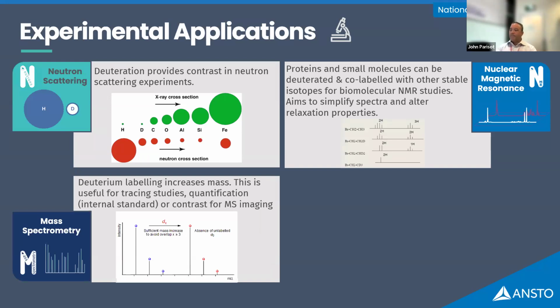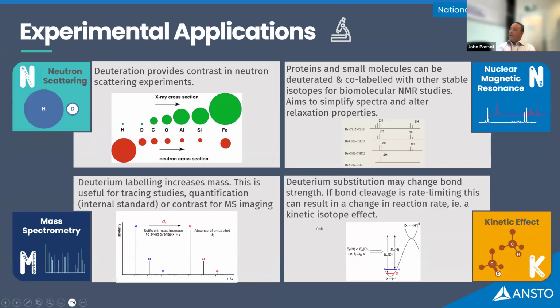Mass spec. This is a little bit out of my wheelhouse, but it obviously does help you identify what your drug, once deuterated, can get metabolized to within the body, for example. And last but not least, deuteration and substitution also helps determining kinetic effects, measuring the kinetic effects with enzyme rate limiting effects, and also binding rate constants and so forth.